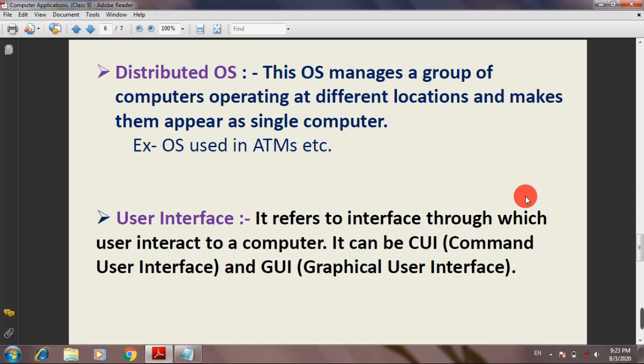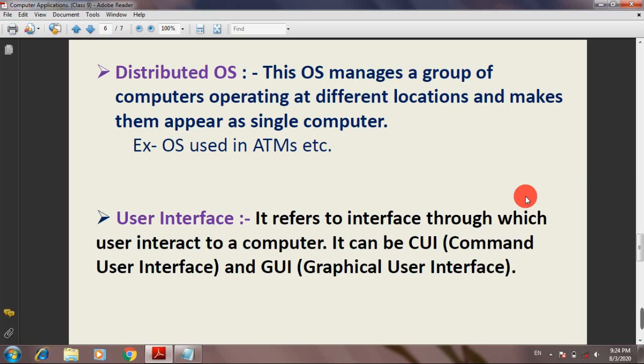User can only get the services from this operating system. For example, we generally use ATMs present in different locations in different cities, because ATMs operate on a distributed operating system. It means it has its files distributed all over the locations, so we can access our bank account from any ATM from any location.